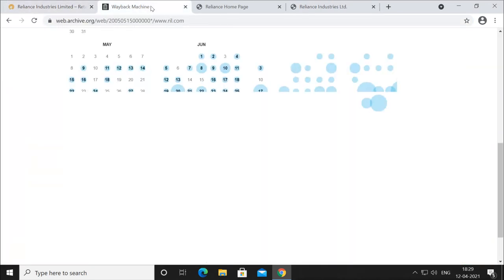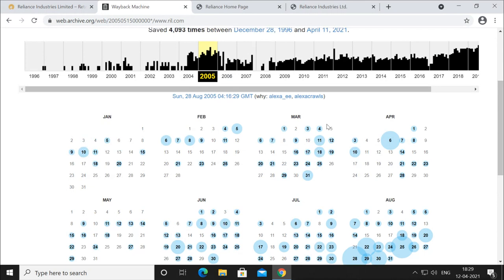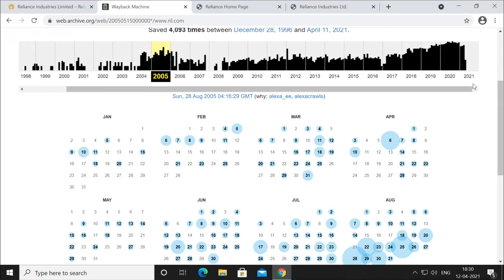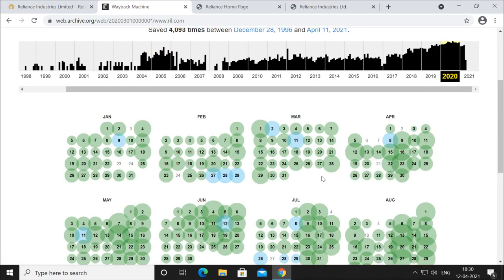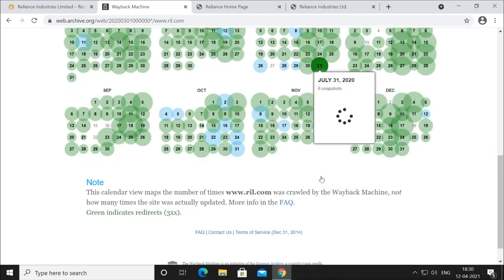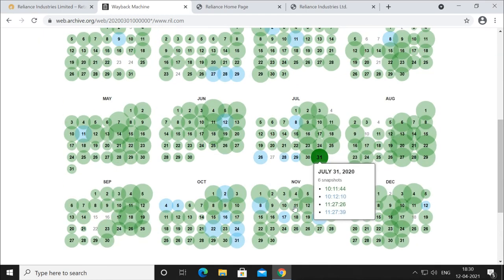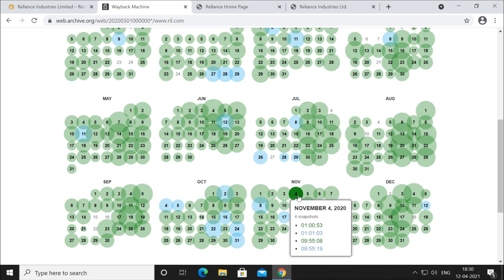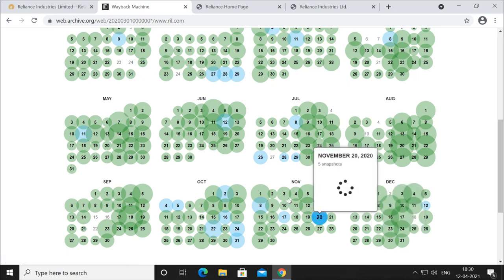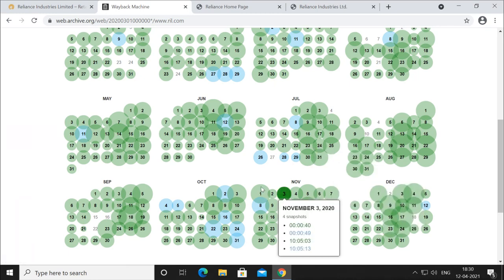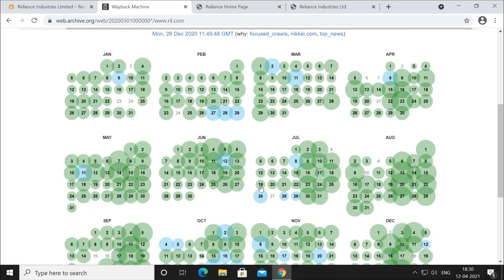So you can see where they are making changes, and you can see here in 2020 they are making lots of changes. Every day they are changing, every day they are updating. So you can compare these changes to get the technology information.